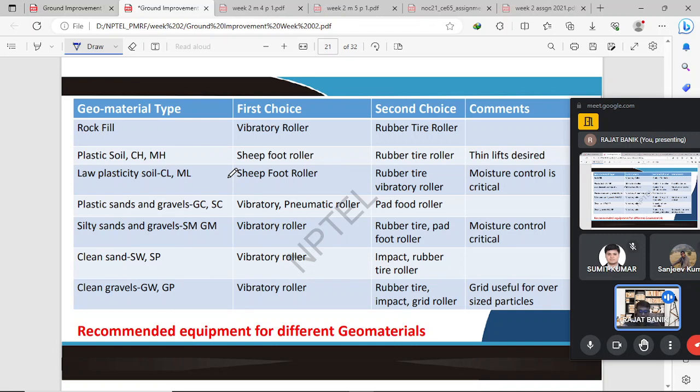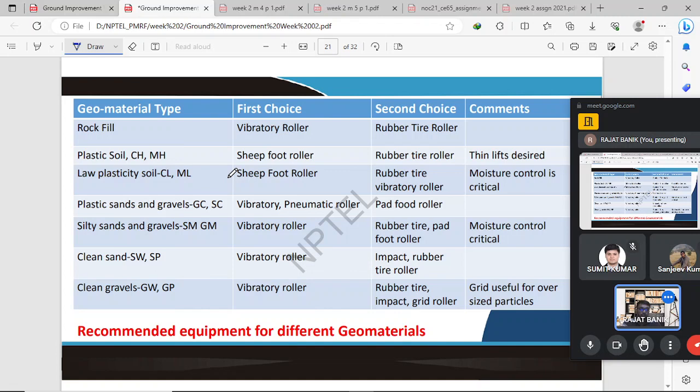In the sheepsfoot roller, there are some protrusions, needle type, coming up from the surface, and it has a kneading effect. By this kneading effect, and by the self weight of the roller also, we can easily densify the soil,